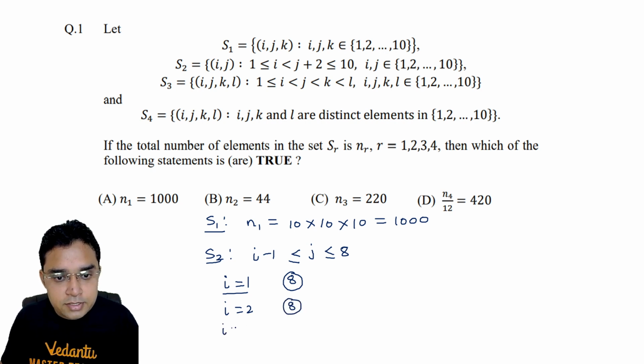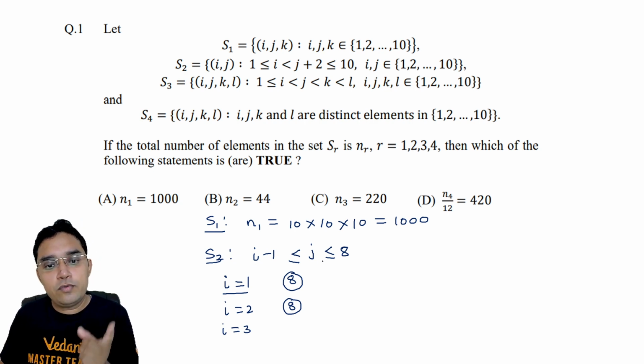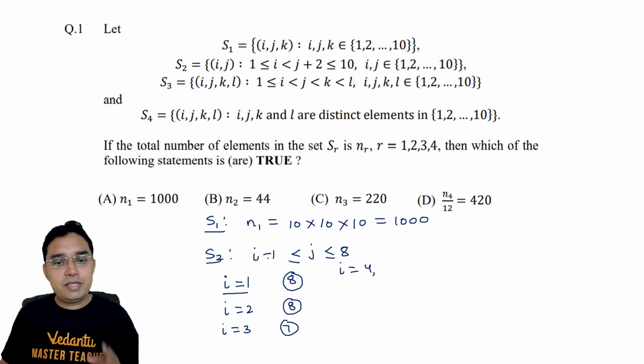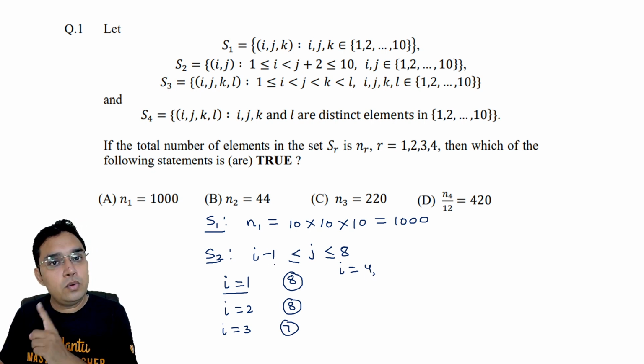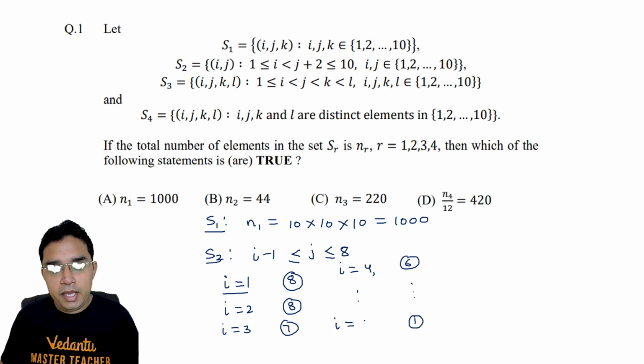But if I take i equal to 3, you can see 3 minus 1 will be 2. So j will start from 2, and these values will go from 2 up to 8. So there will be only 7 values. Now similarly, if I take i equal to 4, this will be 3. So we will be starting with 3 and going up to 8, so only 6 values will be there. And so on. If we keep on doing this, the number will keep reducing, until it goes down to 1 when we take i equal to 9. In case i is equal to 9, this will be 8 on both sides, so j will take only one value.